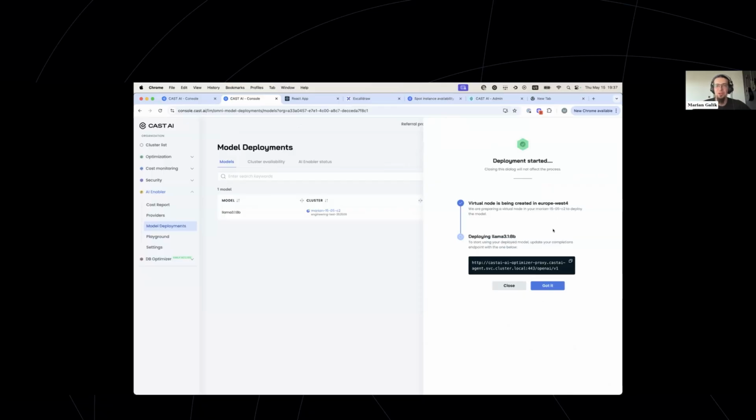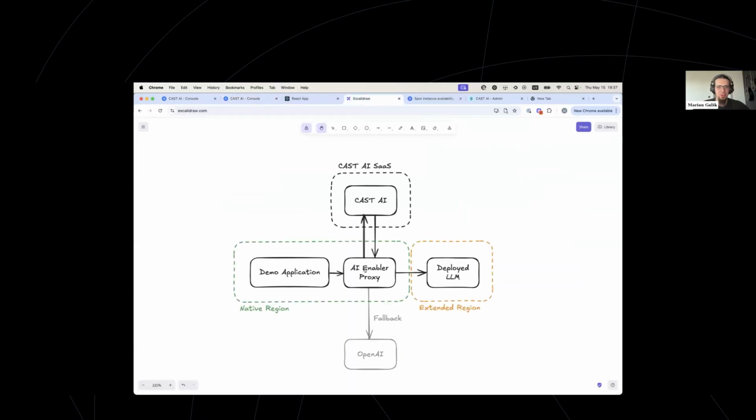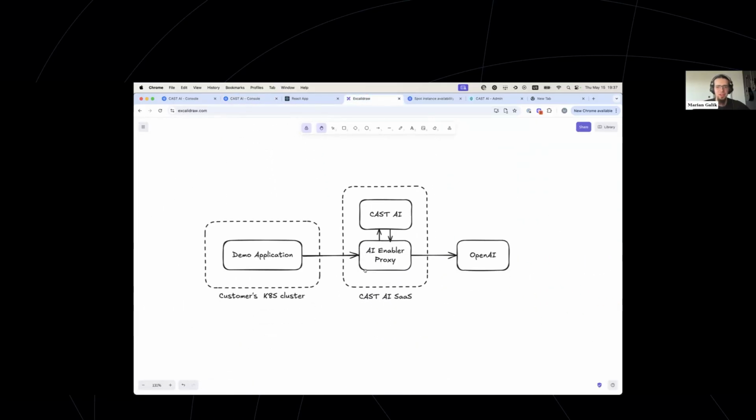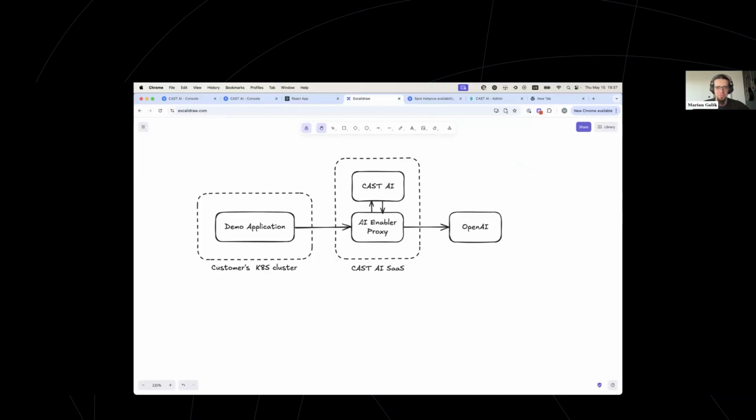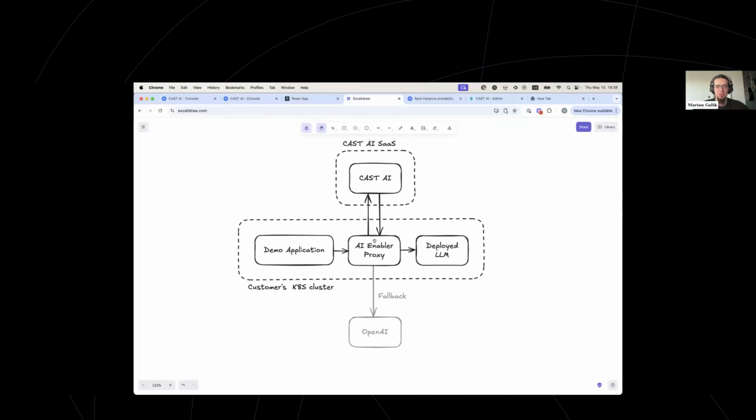So yeah, I can just press the deploy button, and right now what's happening is basically two things. Cast AI is creating a new virtual node in that region and connecting it to the cluster. Once that's done, it will deploy the Llama 3.1 model on that node. But there is one more thing that I need to change in order for this to work with my demo application, because as you can see on this